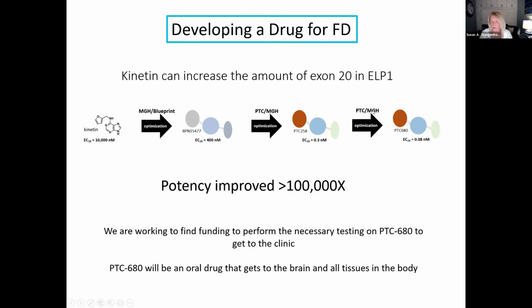And we've done a lot of work on both of these drugs in our mice. And as you heard Horatio say, we know that they correct splicing, they improve the gait, they improve the number of neurons that are in the dorsal root ganglia and other critical areas, and they improve the retinas and prevent the retinal degeneration that we see in FD. So we're very excited about these.